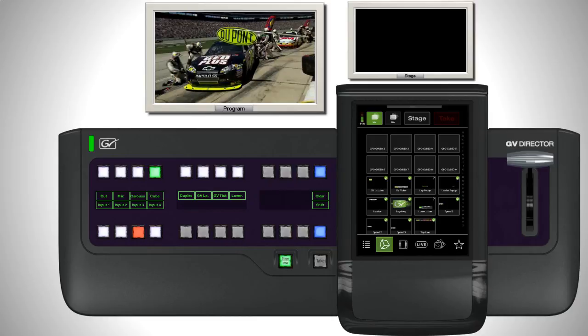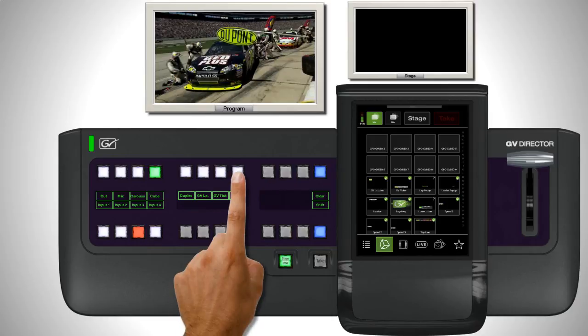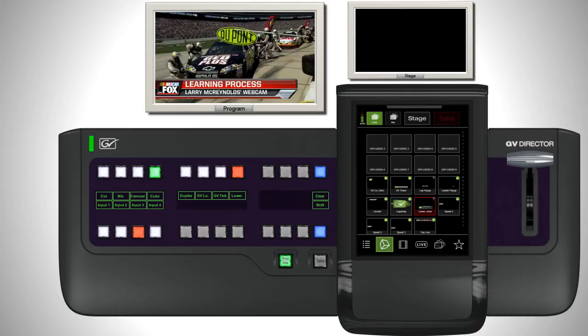I have another button here for a lower third, and I press it and the lower third appears on screen. Again, all these effects are accessible from the touch screen at any time. I simply map the ones that are most applicable for this show to these buttons. If I want to make changes to my button mapping, perhaps for another show or just to change selection, then